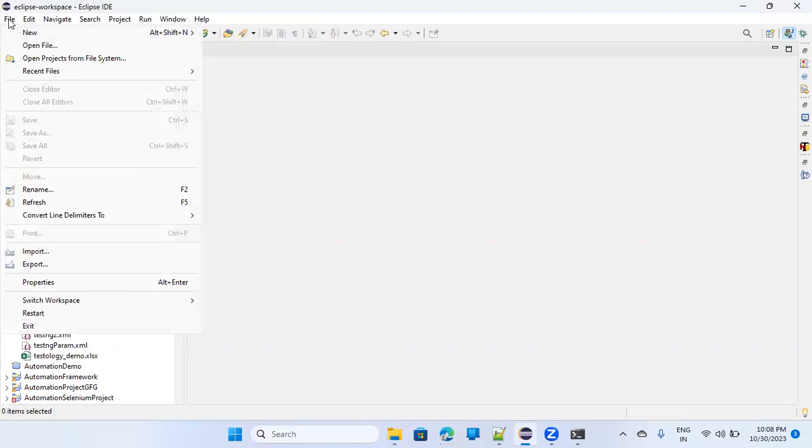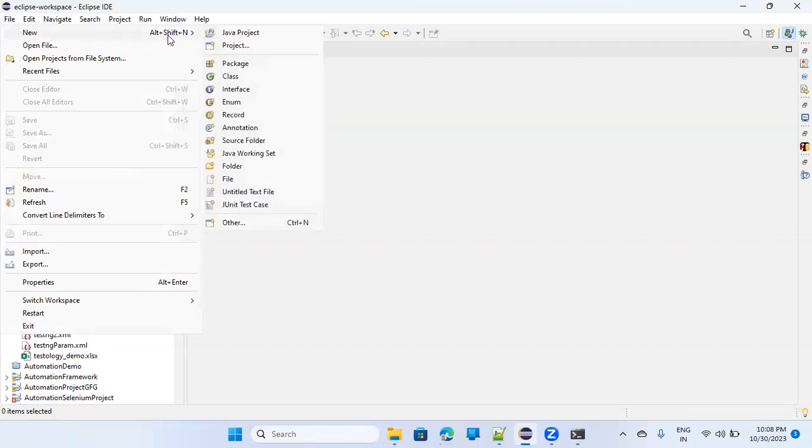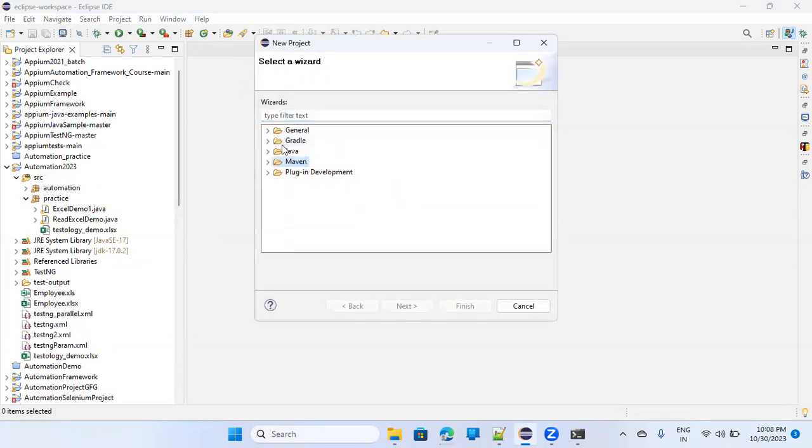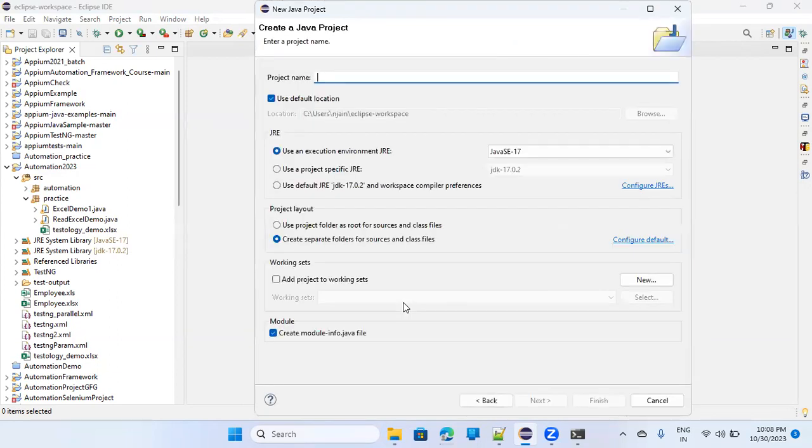So go to File and say New and say Project. There are different kinds of projects you will be able to see: General, Gradle, Java, something like this. Go to Java, select Java Project and click on Next. It will ask you what project name you want to give. So I am giving the name Java is easy. You can give practice or something. I'm just giving Java is easy